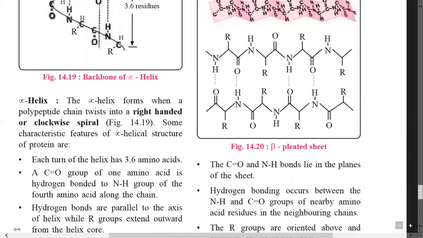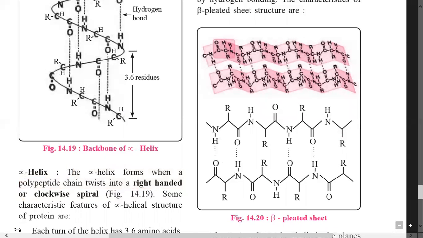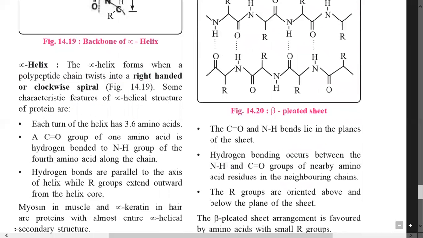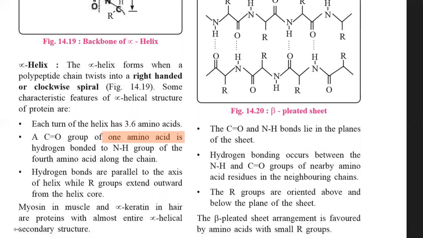3.6 amino acids. So here this is one alpha amino acid, second alpha amino acid, third alpha amino acid, and this is half an amino acid. So there are 3.6 residues of alpha amino acids present in each turn of this alpha helix. That is one of the characteristics. Then the carbonyl group of one alpha amino acid is hydrogen bonded with the NH group of the fourth amino acid along